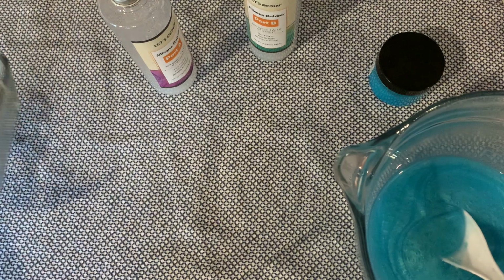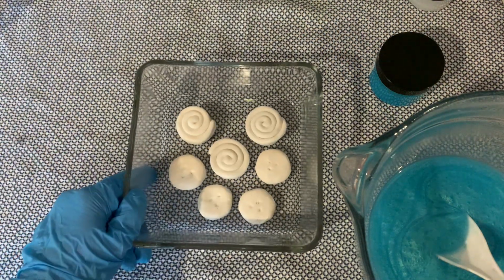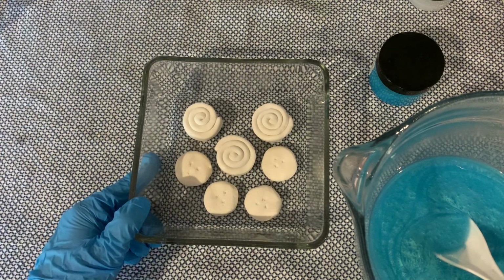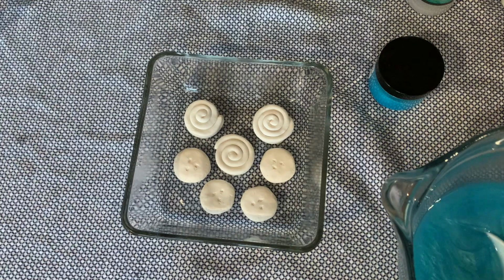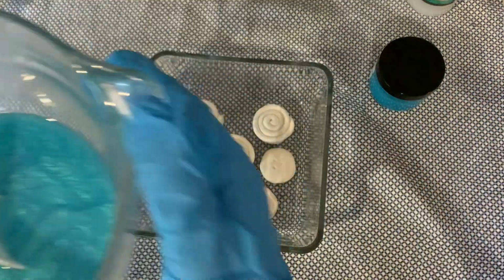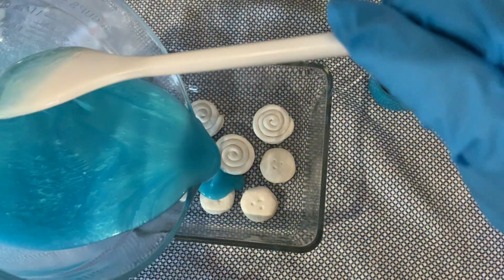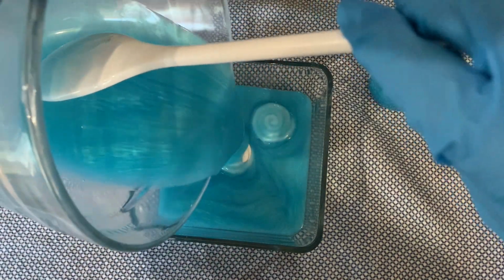Okay, so now this is all mixed up and I'm ready to pour it. Got my container all ready. I stuck these down with wick stickers. I had thought about using a hot glue gun and gluing them down, but I really wasn't sure if that's something I could do with silicone rubber, so let me know if I can. But I just used wick stickers on the bottom and tried to seal them all down so none of this